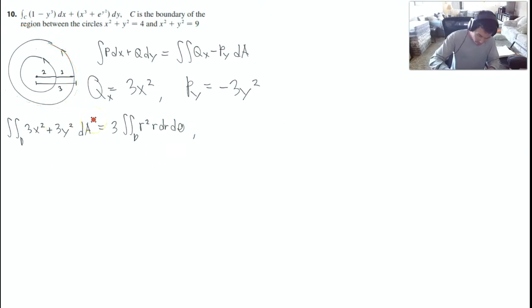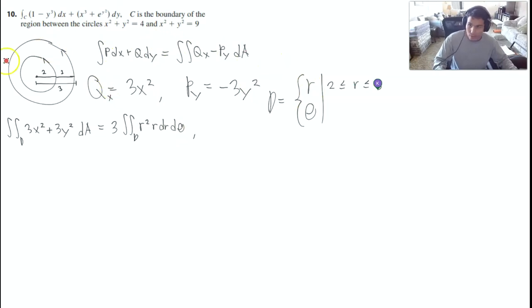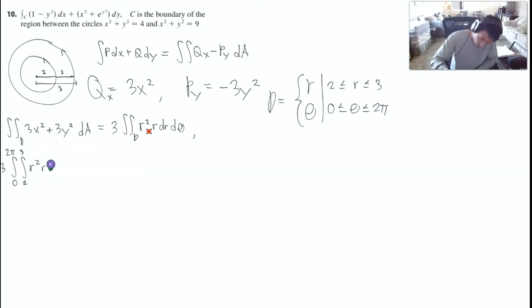So maybe we say that D, not maybe, we will say that D can be described with r and theta, where r is the radius. So minimum radius was 2, and then maximum radius was 3. And then theta, it goes around in a circle, so it's 0 to 2 pi. Okay. So all of that means we can write our double integral, 2 pi to 0, and 3 to 2, r squared r dr. Now r squared r, I'm going to write that as r cubed